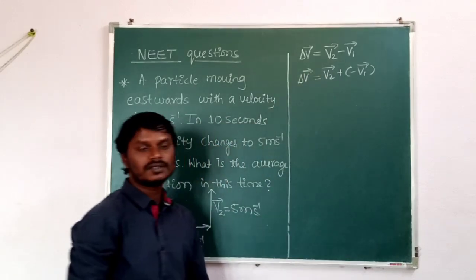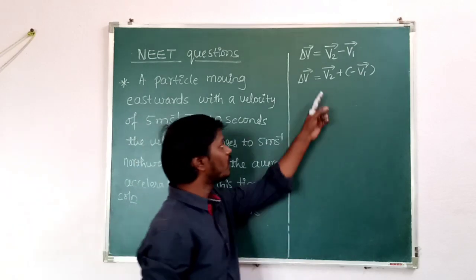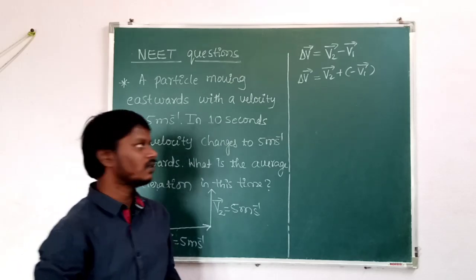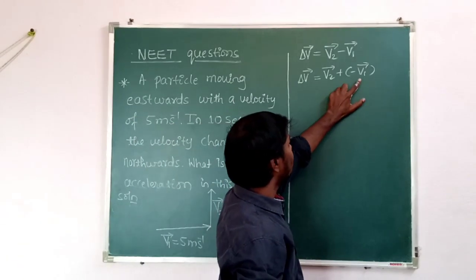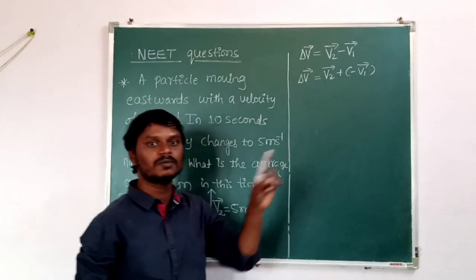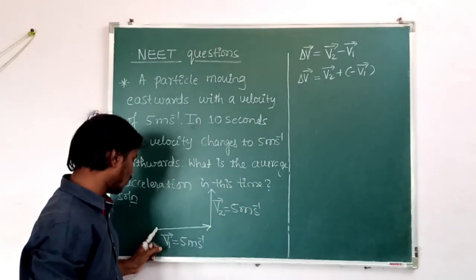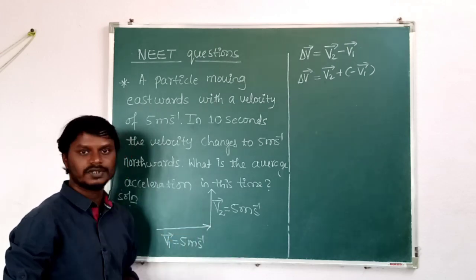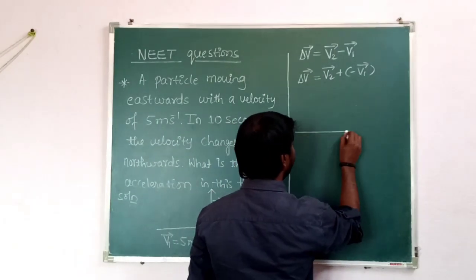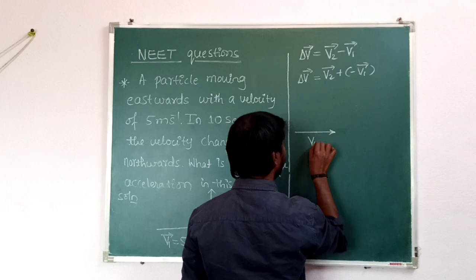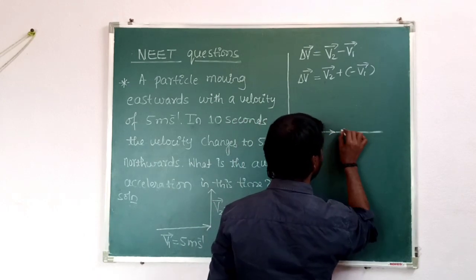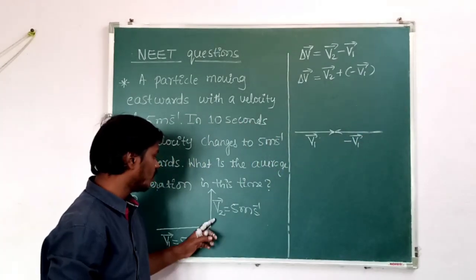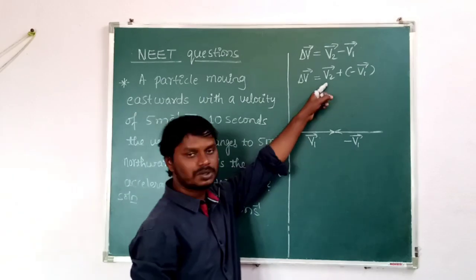Then according to the triangle law of vector addition, the sum of two vectors taken in the same order is equal to the vector which is taken in the opposite order. So we are going to add the negative vector of V1 to V2. Here it is V1, then we have to take its negative vector. The negative vector is in the opposite direction of V1. That is minus V1. But V2 is in the north direction only, because V2 is positive only.